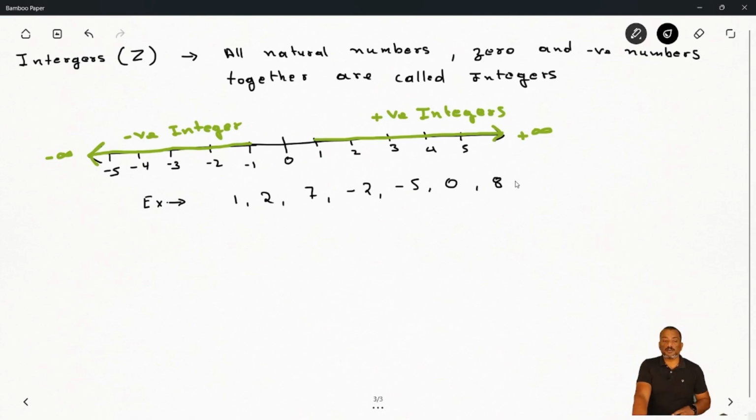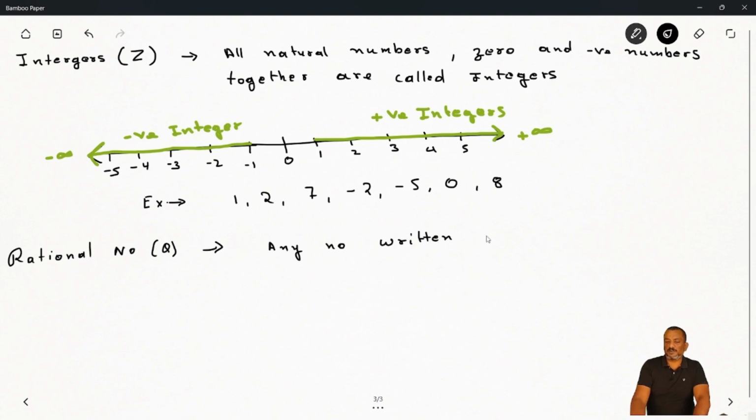These all numbers are called integers, ठीक है। अब नेक्स्ट बात करते हैं हमारे नंबर दैट इज रैशनल नंबर, ओके। सो रैशनल नंबर को हम लोग किससे रिप्रेजेंट करते हैं, कैपिटल लेटर Q से, ठीक है। तो लेट्स सी व्हाट इज अ रैशनल नंबर। सो अगर हम सिंपल बात करें, any number written in the form of p over q, p by q, and जहां पे q is not equal to 0 and p and q are integers, ठीक है,